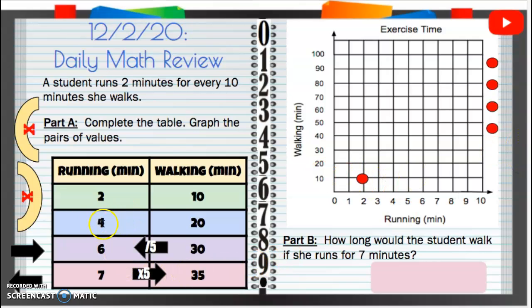All right, so down the hall 4, up 20. We're going to go down that hall 4, up to 20. Down the hall 6, up 30. 10, 20, 30. Down the hall 7, up 35. All right, now,